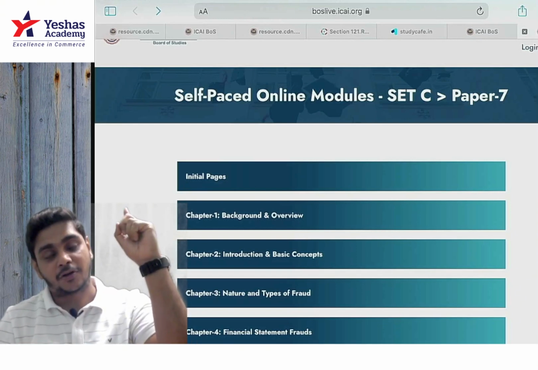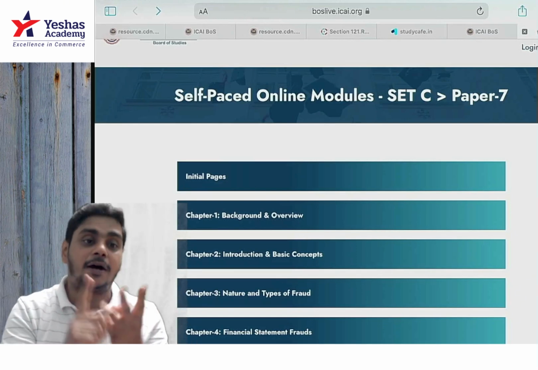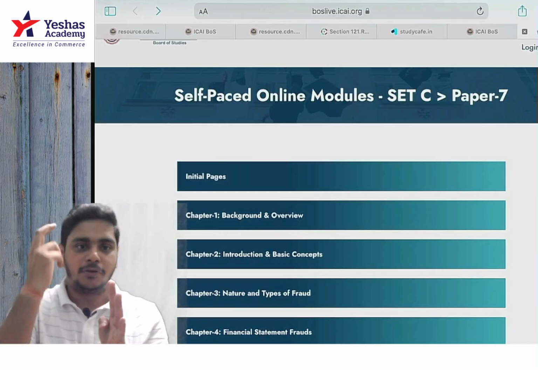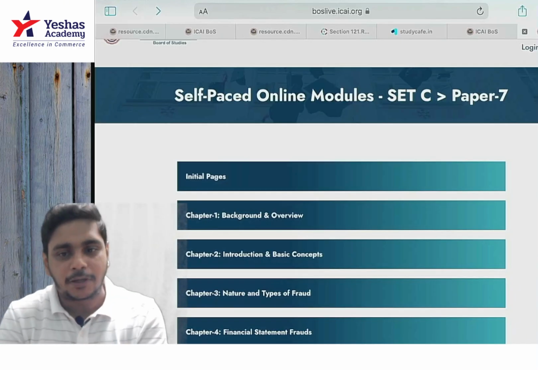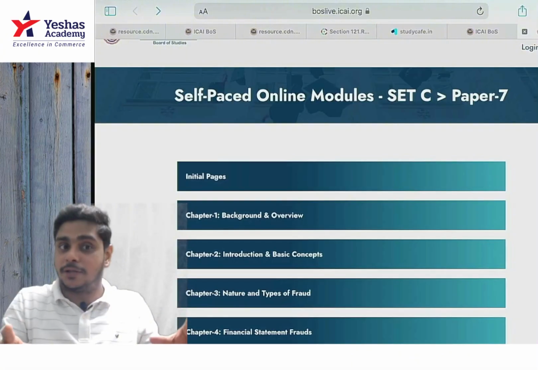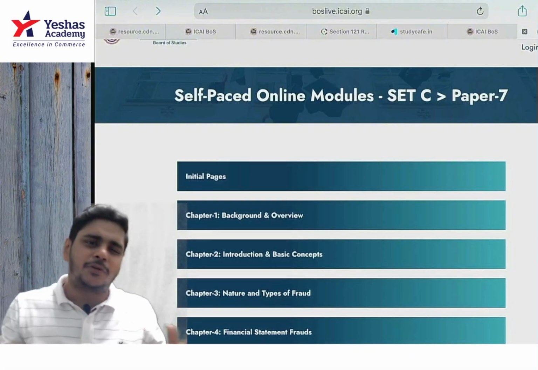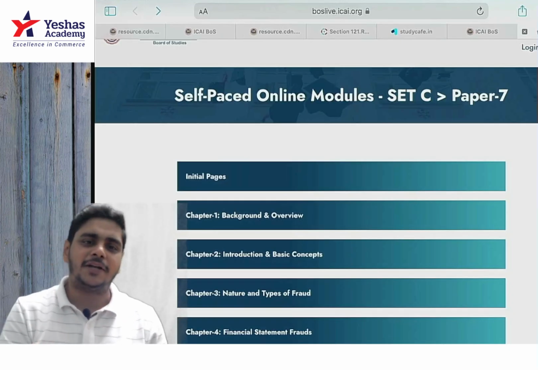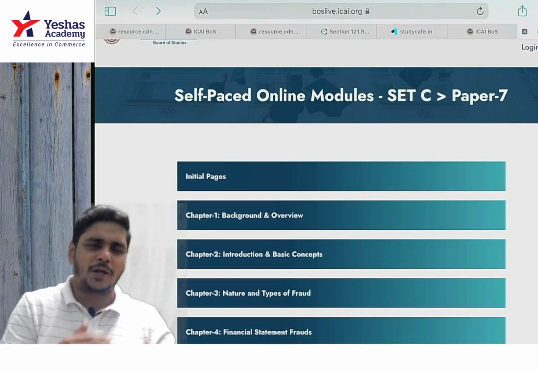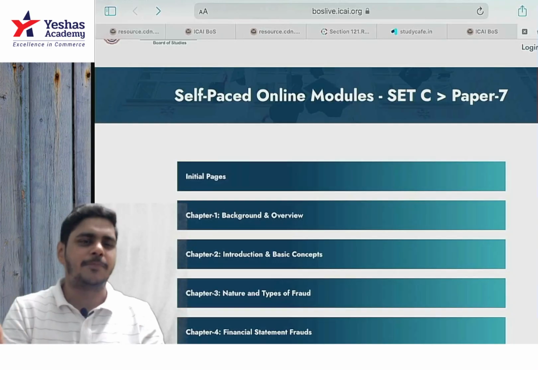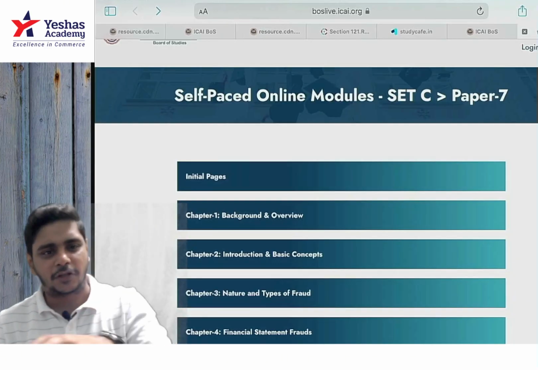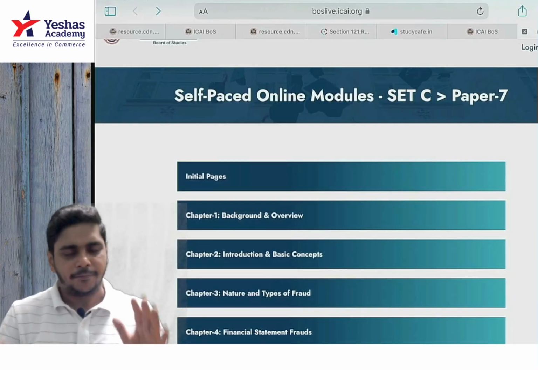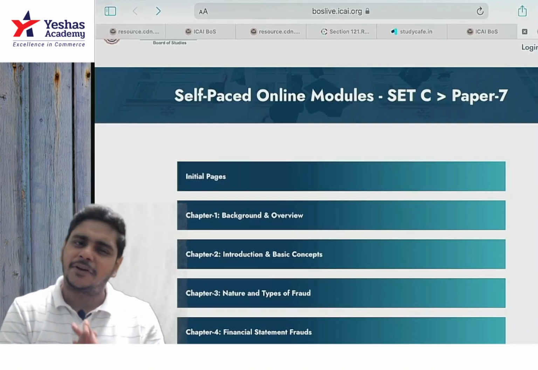There in paper number 3 in audit, it's understanding, mugging up, writing and remembrance. You need to remember it also, right? Then only you will be able to write. So that plays a very crucial role there. Here you basically just need to understand, okay. So we'll be doing it from the module. Plus towards the end of the chapter we'll be making very short notes, like 1 page or 2 pages, just to remember the key points, so when you're revising before going for the paper, you remember it. Okay. So this is about the syllabus. Very interesting, very easy.